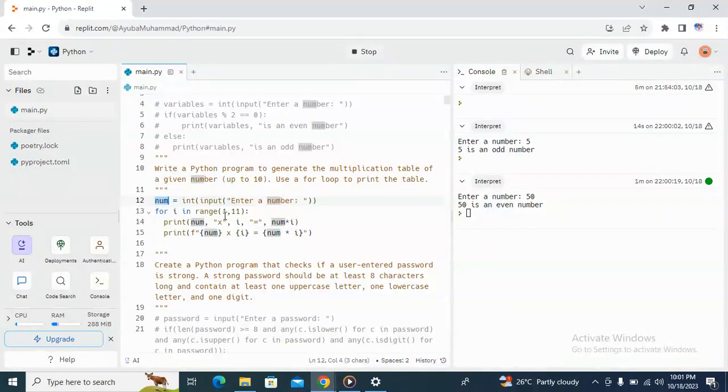We call the range, which is sequentially printing the number from the range we want. That means we want 1 up to 10. Then during the iteration, we pass the print function where the multiplication will be carried out. So we are printing what the user entered, that is norm, and we use this symbol as a multiplication